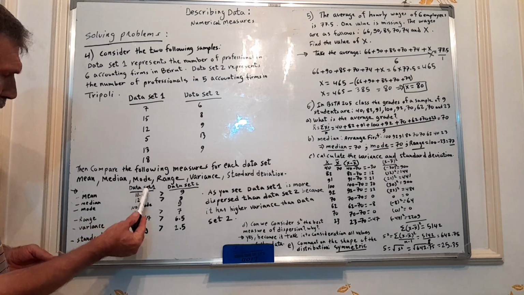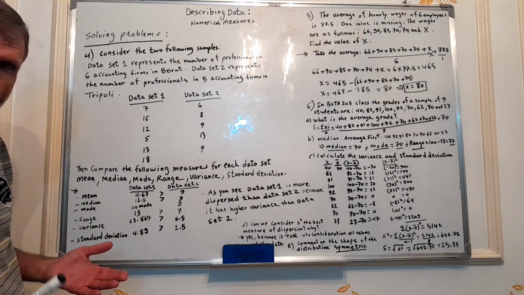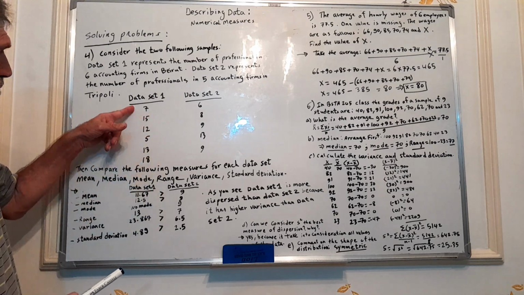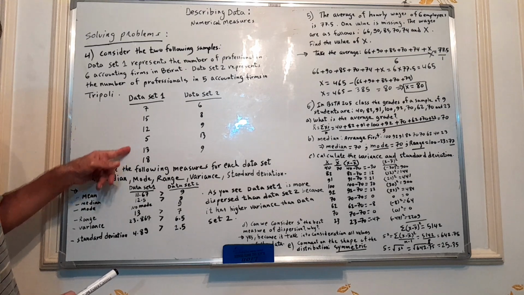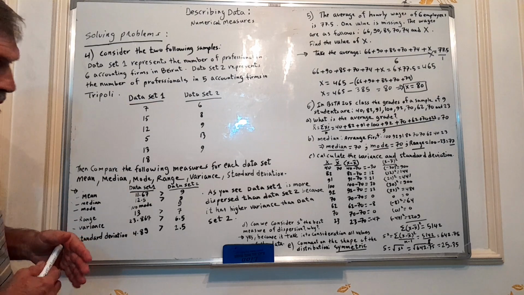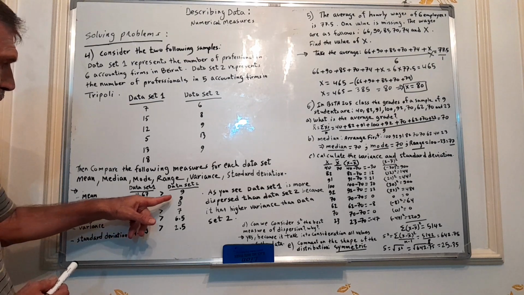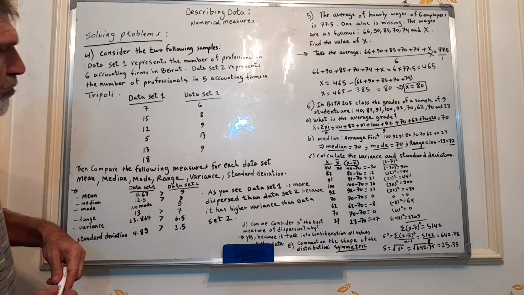The mean for data set 1 is 11.67. How do we calculate the mean? We just add the values in data set 1, divide by 6, the number of observations, and we come up with 11.67. Of course, for data set 2, we add all of them and divide